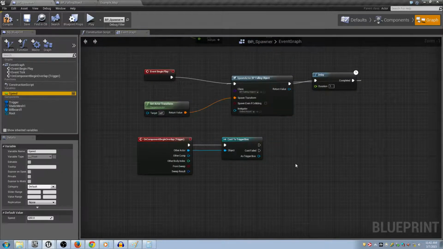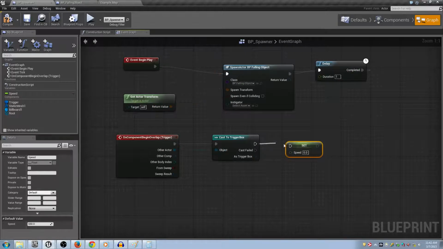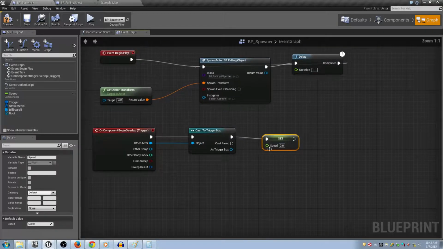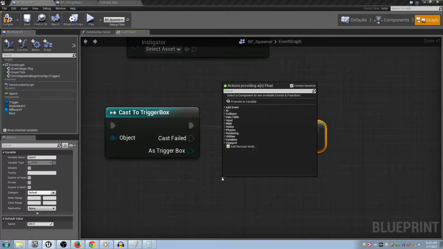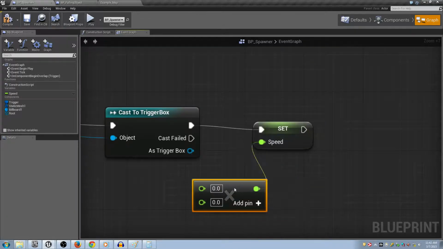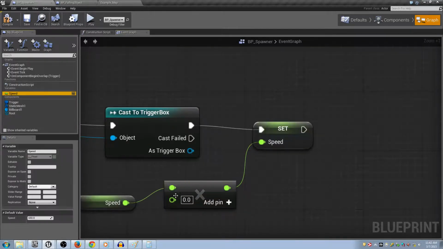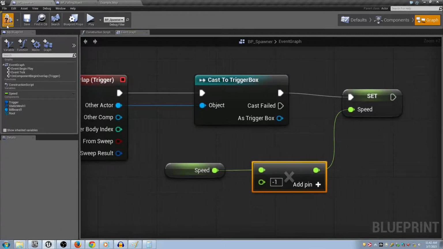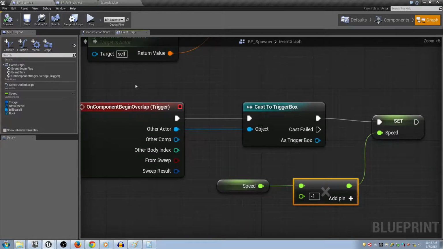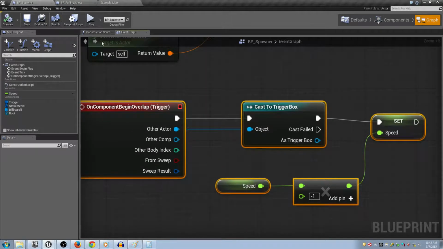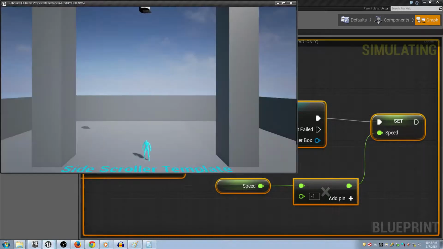So we're going to take the speed, and we're going to set it equal to the speed times -1. So that is our behavior for detecting collision with the walls and reversing the speed whenever it hits that. So if I play,